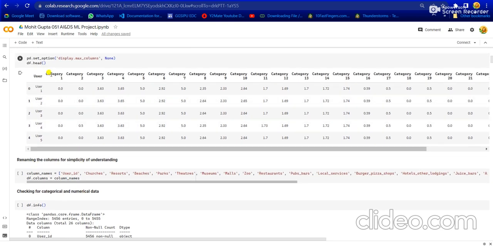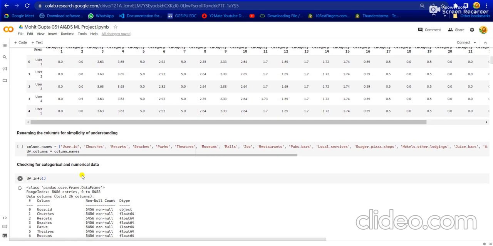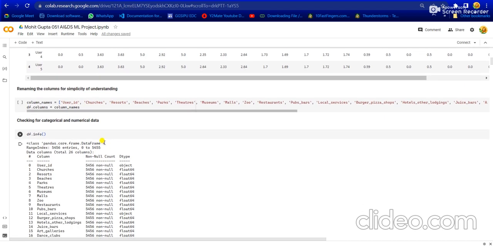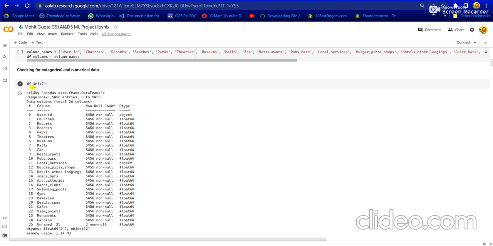As we can see here, we have columns named category 1, category 2, category 3. To simplify and make our dataset more understandable, we will rename our columns using this column list. And now let's see the categorical and the numerical values present in our dataset using df.info. And we can see here that we have one column named user ID and one column named local services